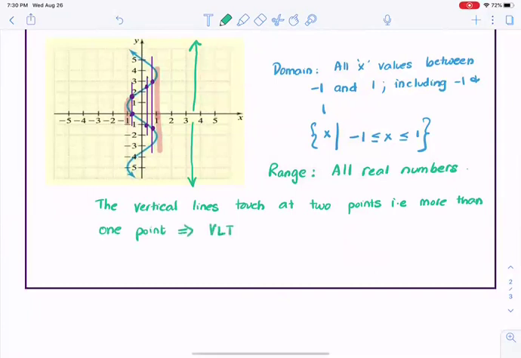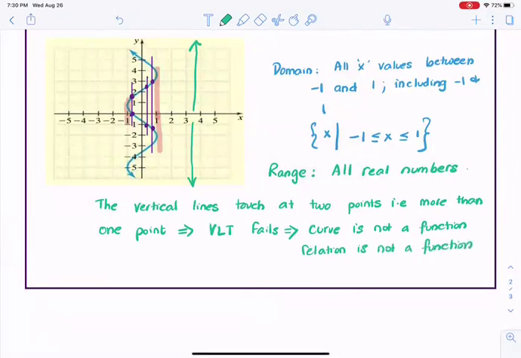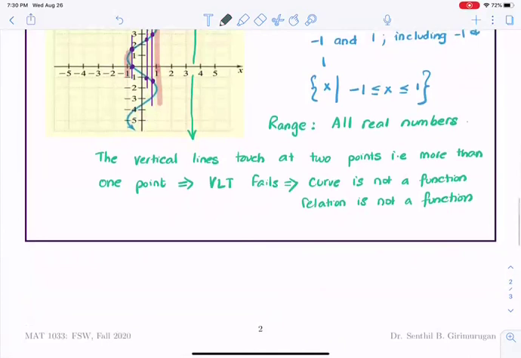The vertical line test fails, which would mean that the curve is not a function. It is the same as saying the relation is not a function. And the curve is in blue. I will put a remark here before I move on. So the remark,